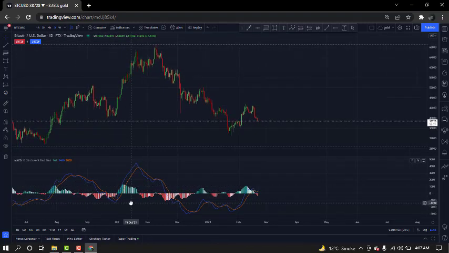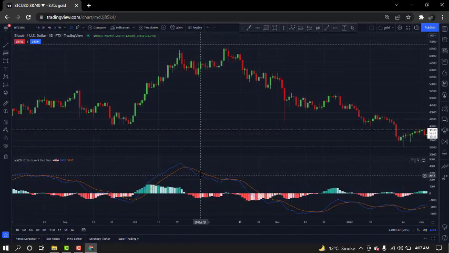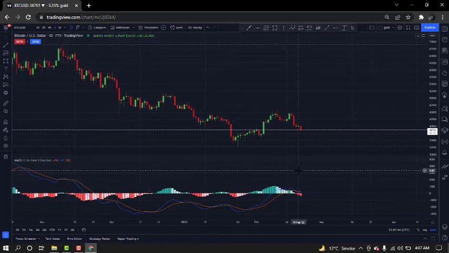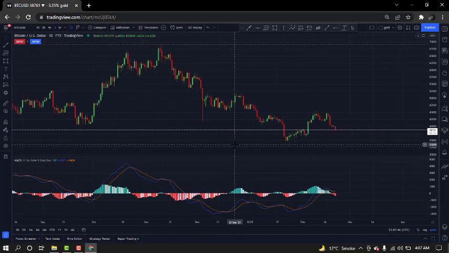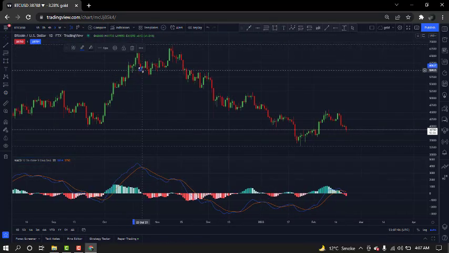Like you can see, the market is going up and the blue line crosses the orange line downwards, not upwards, and it goes down. There's a fairly good gap between these lines. The market goes in range and then down, and it's a downtrend. You can sell at this point.